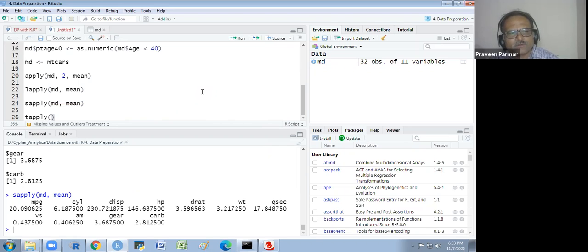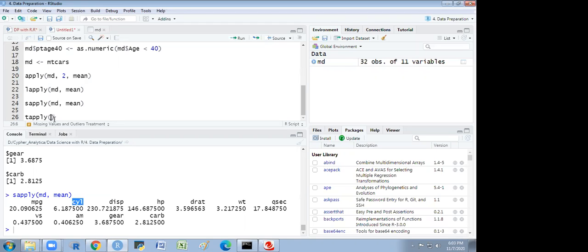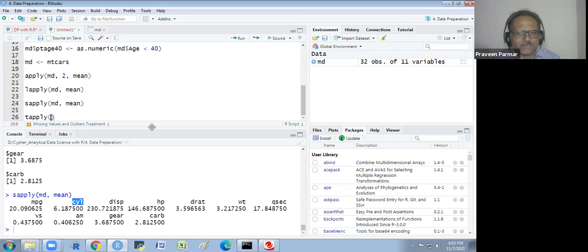Suppose I want the mean of mileage, but with respect to number of cylinders. There are 4 cylinders, 6 cylinders and 8 cylinders. So I want the mean of mileage for 4 cylinder vehicles, then for 6 cylinder, then for 8 cylinder. Does that make sense to everyone? Yes, sir. So I want the mean of mileage with respect to the categorical variable.